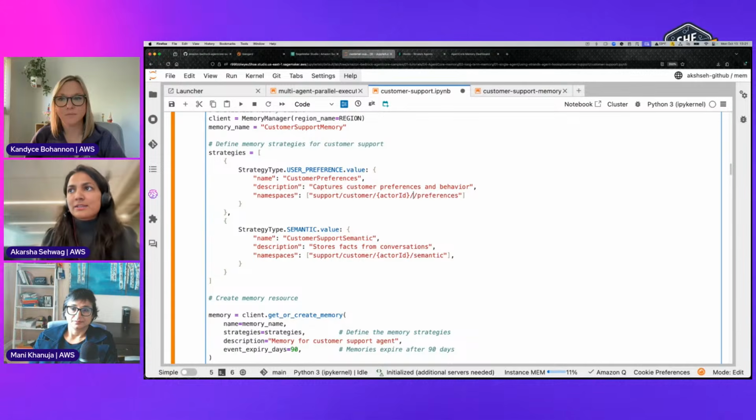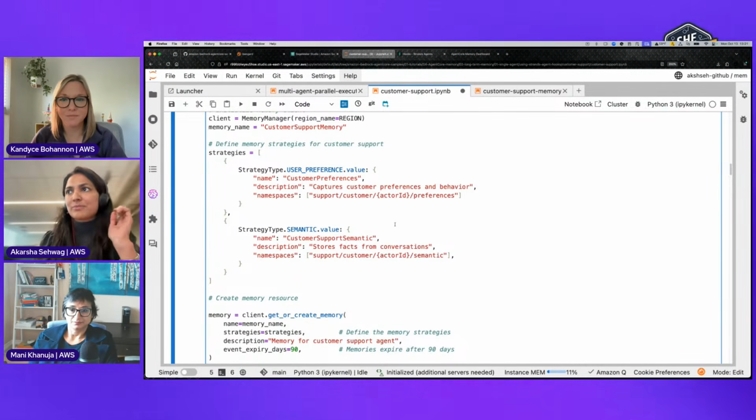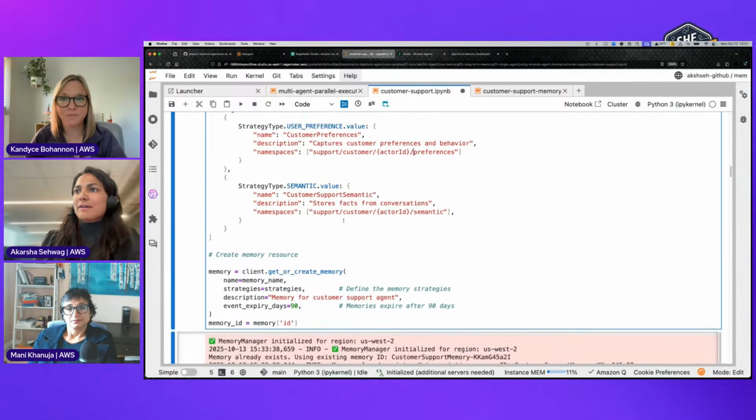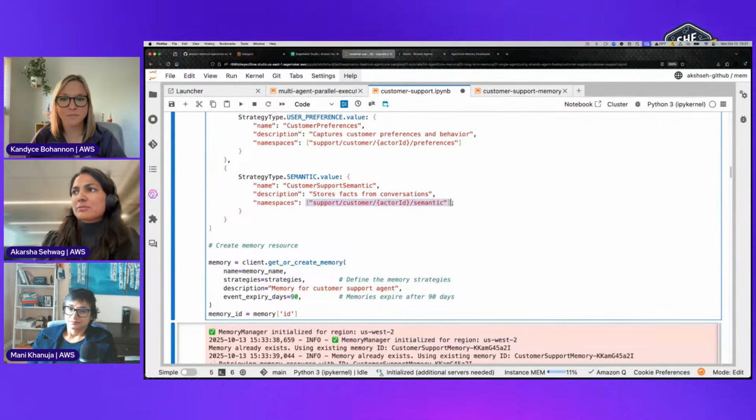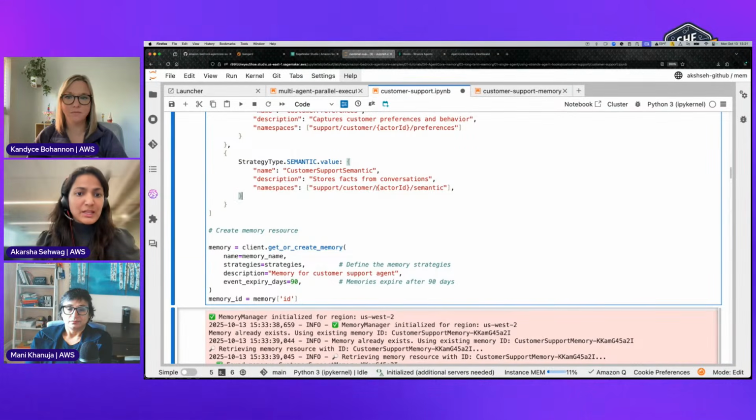I could also extend it with a strategy ID or so. But in this case, let's keep it simple and just keep an actor ID, right? And this is the same for the semantic strategy that we provide. Here as well, we are creating a namespace with the actor ID. And now when you're creating the roles, so when you're creating the access control, you can only give access to a certain